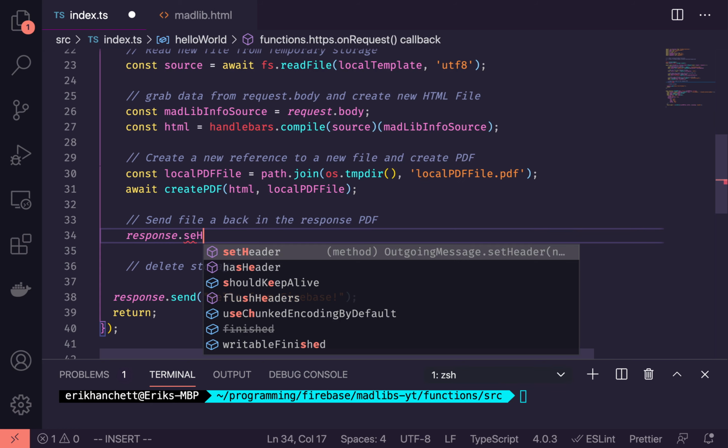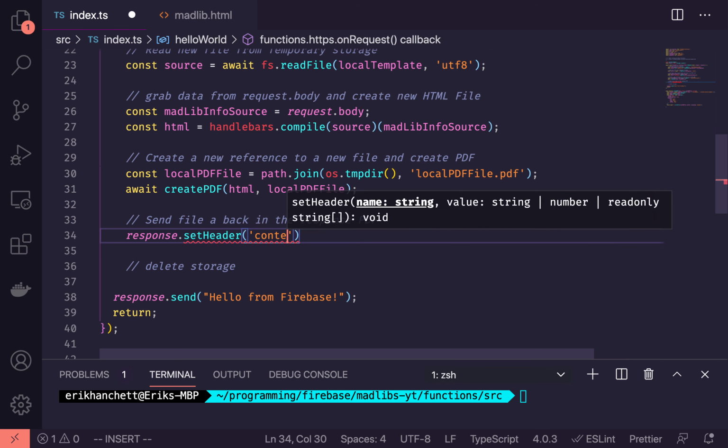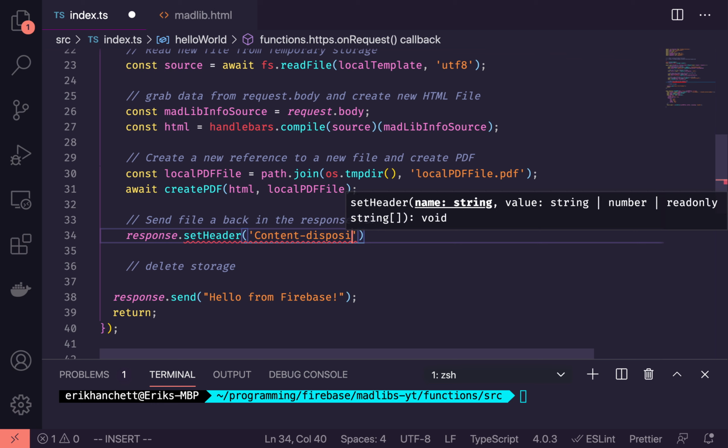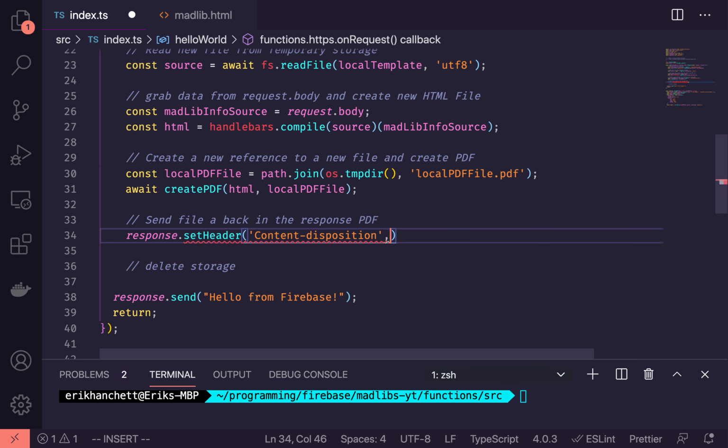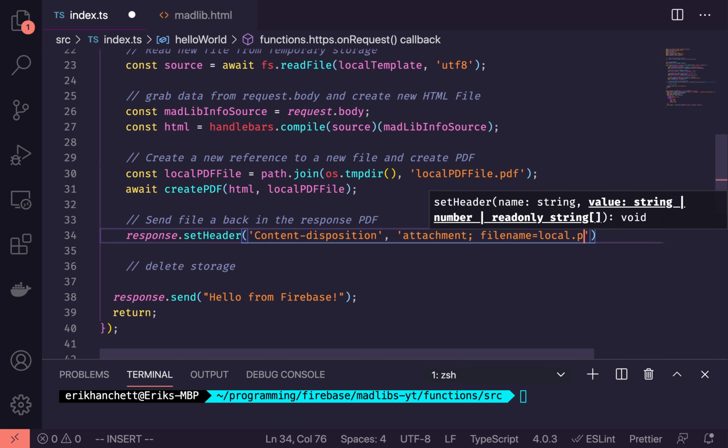And we're going to set the header. And I'm going to put the content disposition, and then we're going to put attachment colon, or maybe semicolon, and then filename equals local.pdf,